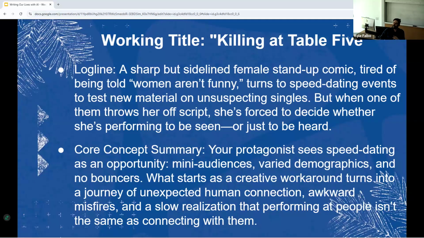I'm thinking about the Adam Sandler movie Funny People, which is about stand-up comics, with some very internalized sense of how the stand-up comedy community interacts with each other in terms of writing and getting gigs, and there is that women aren't funny trope that gets discussed. And then there's The Queen's Gambit, right?